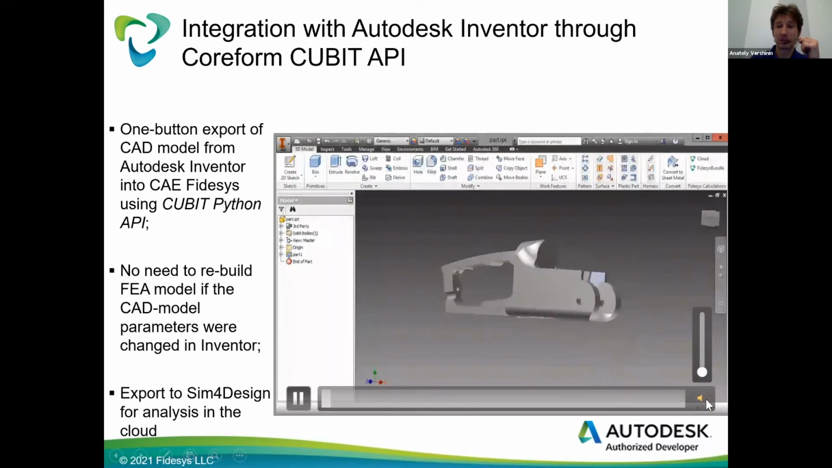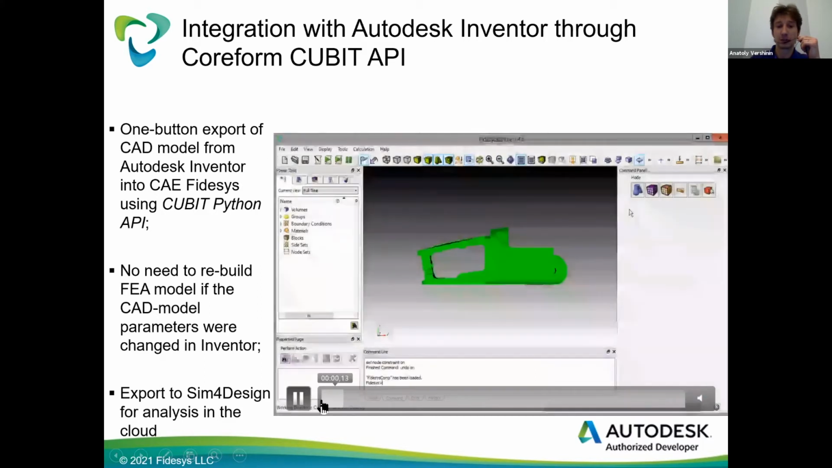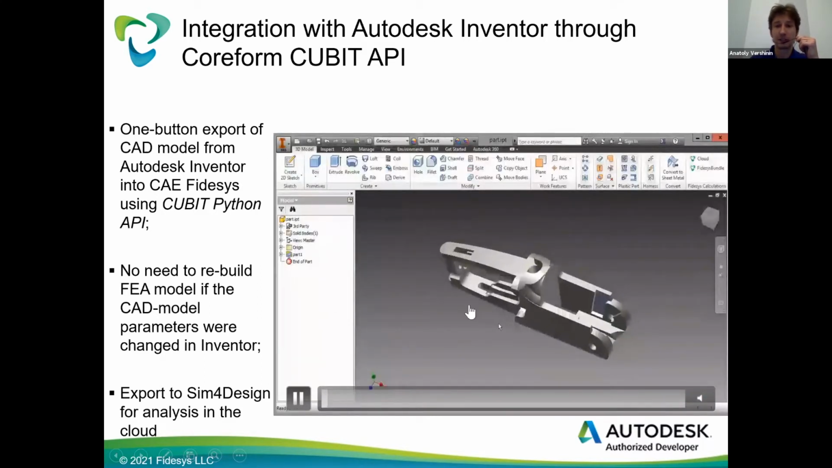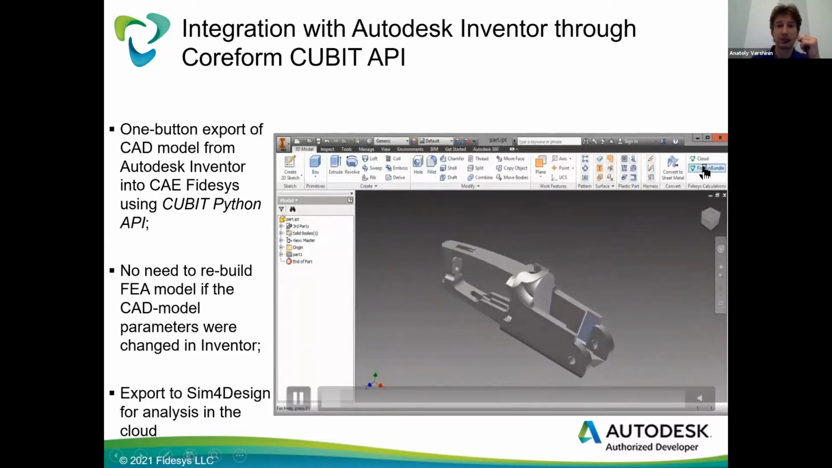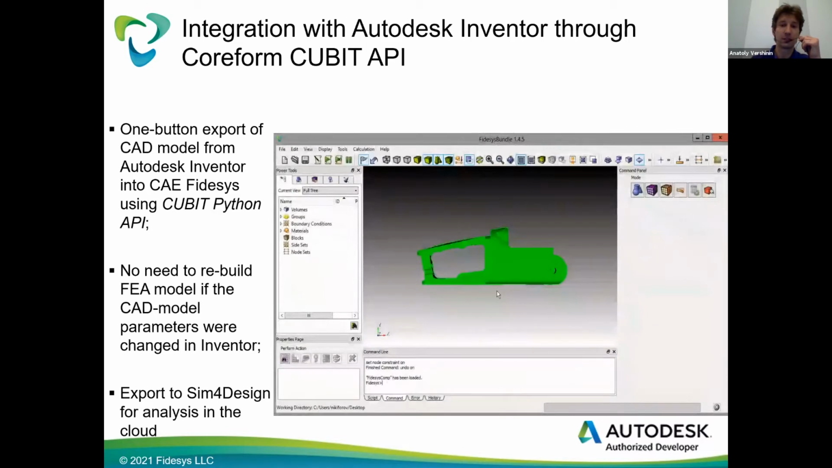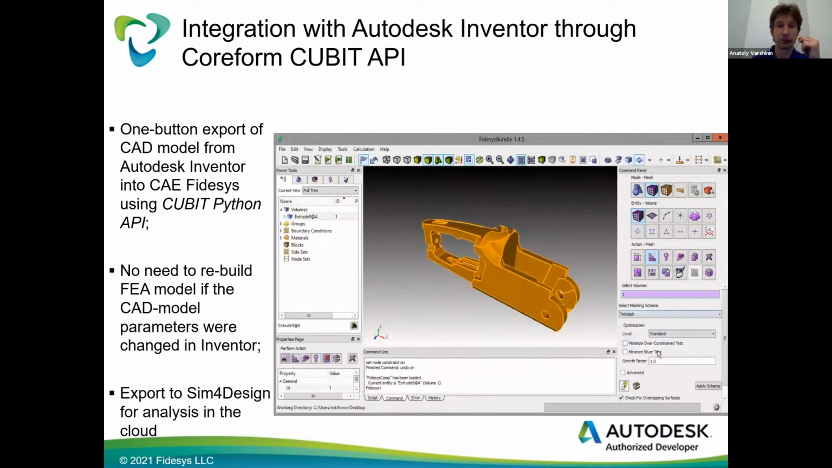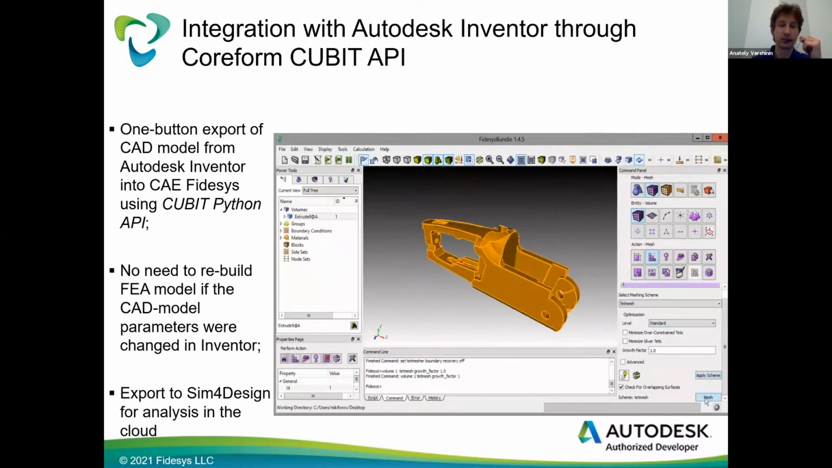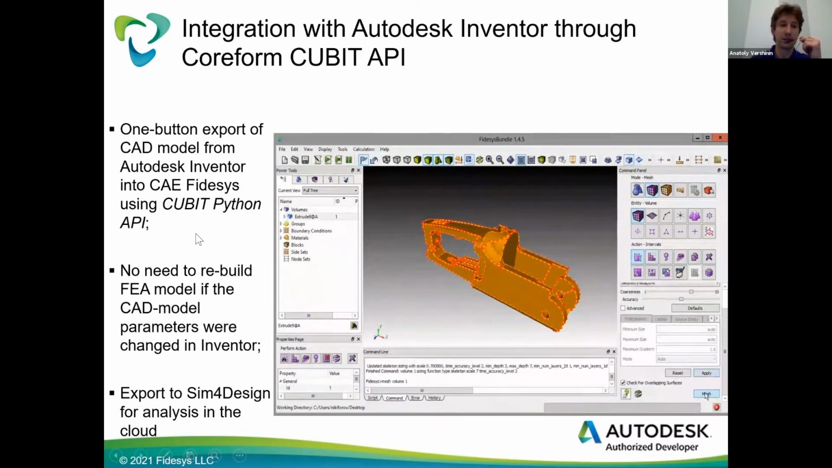Speaking about integration and importing external formats from external software into fidesis, here is an example of how the end user could, with one single click of a button, import the model from Autodesk Inventor into fidesis without any manual work or specific operations. It's just one click and everything is done automatically. And this was possible by developing a special plugin for Autodesk Inventor using Cubit Python API, which was mentioned by